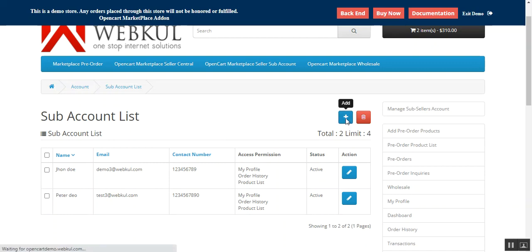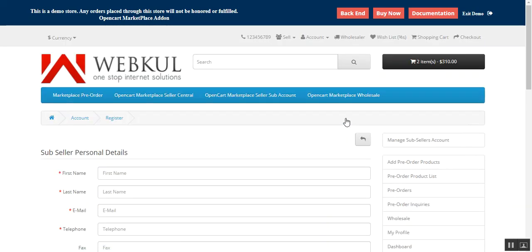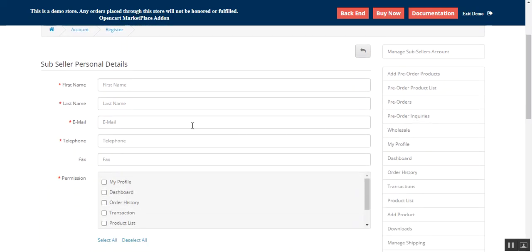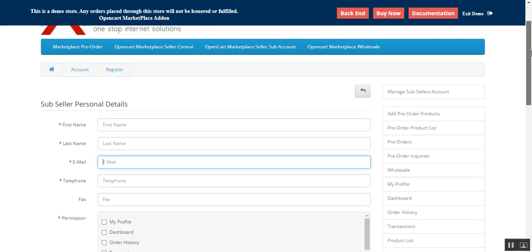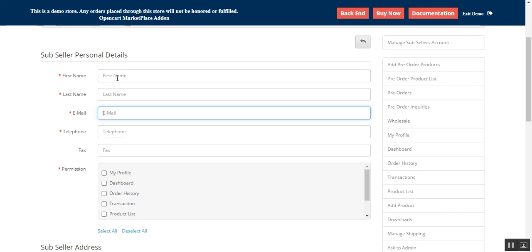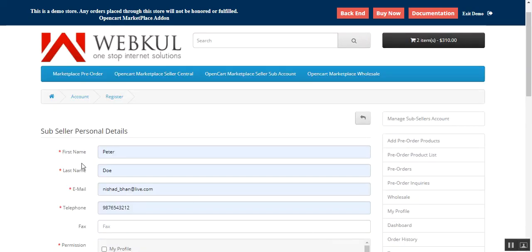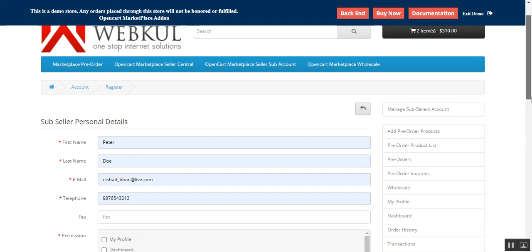For that, you'll have to tap here on the add button. Now the email address that you'll use here, on that particular email address, the subsellers would receive their password for logging in. So first of all, let's see how to create a subseller. Here I'm on the subseller personal details, so I'll be filling in the details here first. I've entered the first name, the last name, the email on which the sub account user would get the